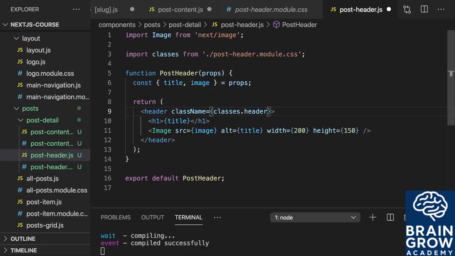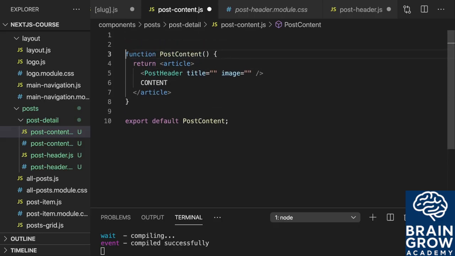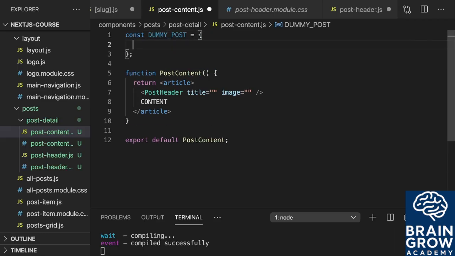Now that is the post header component which we use in post content. Hence we need to set the title and the image here. Now speaking of that, our post content will need some content to work. And we'll soon get that content from a real data source. Since we don't have that data source yet, I'll create a dummy post here, and we will just assume that we loaded that post. So I'll create a dummy post here, which is a JavaScript object, which will contain some dummy data,